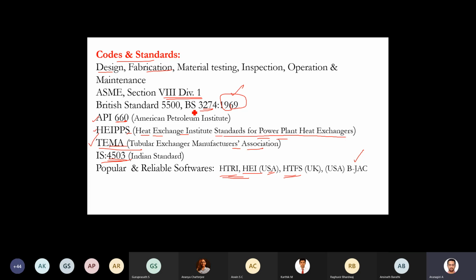As it has more components, it increases the complexity of shell and tube exchanger design. But over the period it was settled, and it now has very good design methods. That's the reason for it to have more market share when compared to other heat exchangers like compact heat exchangers. Also, many of the compact heat exchangers are proprietary items, but the shell and tube heat exchanger is not like that.